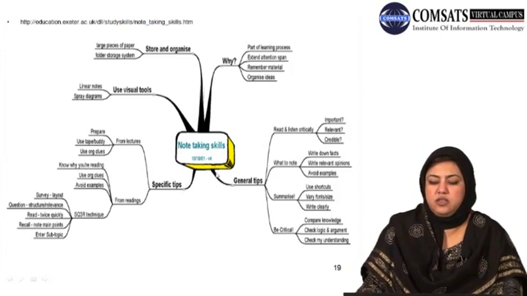The 2 branched areas at the bottom provide us information about general tips on note-taking skills and specific tips on